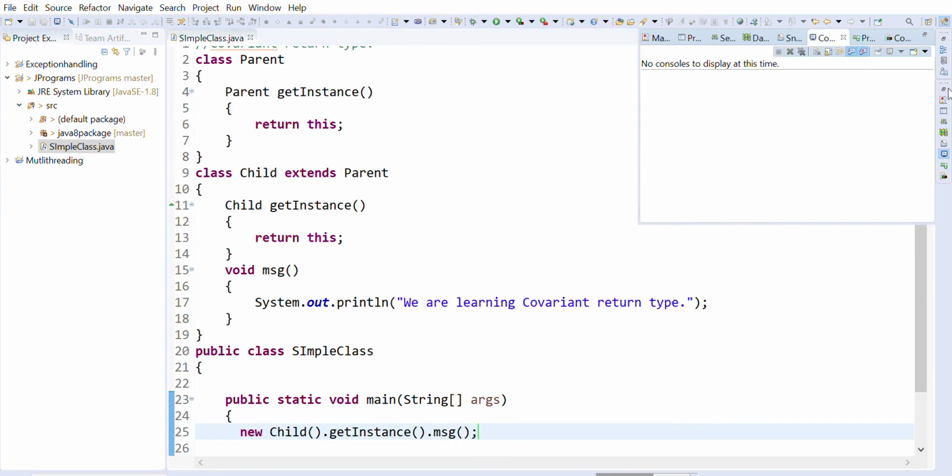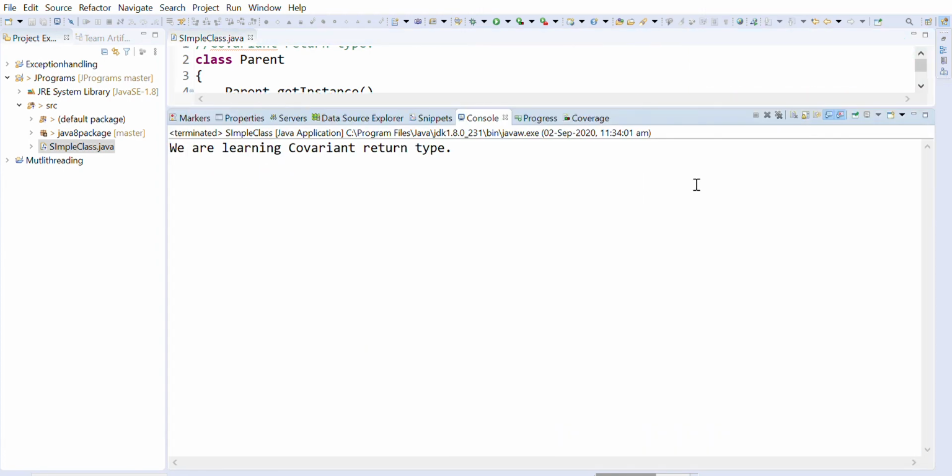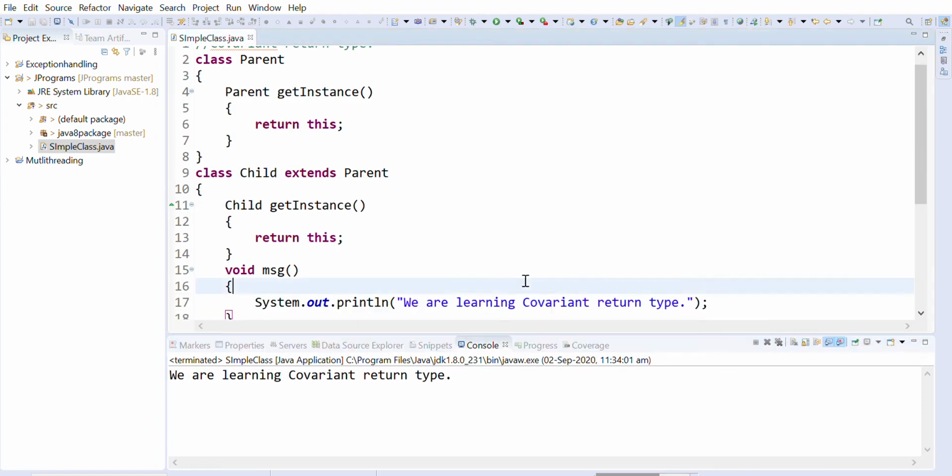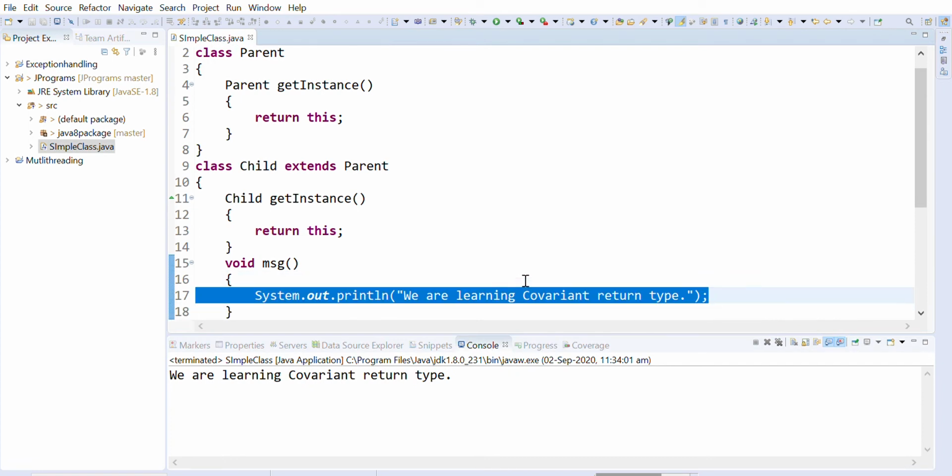See your console giving the message: we are learning covariant return type, which is the console message we gave in the message method.